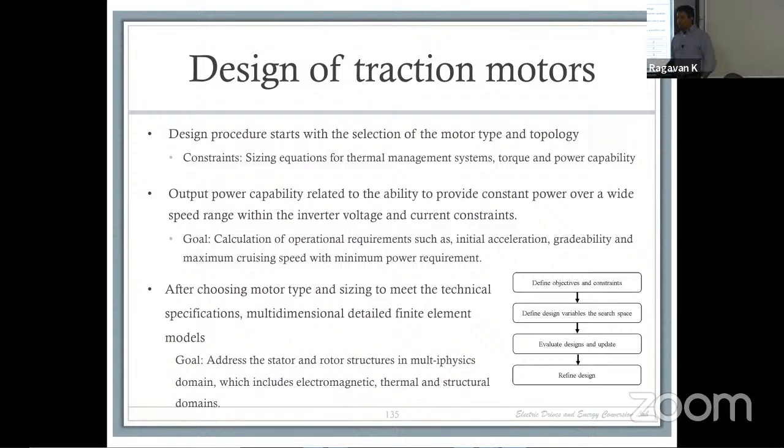Calculation of operation requirements, you need to know what the initial acceleration needs to be. You need to know the gradability, cruising speed, and power requirement. Now you go back to the original slide we talked about yesterday, when we're talking about each one of these forces. Now those forces make their way back into your motor design. So if you're trying to do the final design, once again, there's a difference. Once you have the user experience, oftentimes you will see machine designers say, I know what I'm doing. I don't need all of this because I have everything in my head.